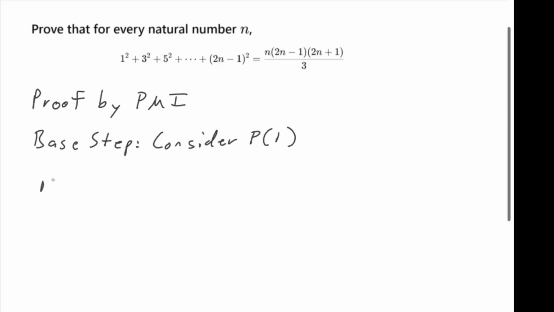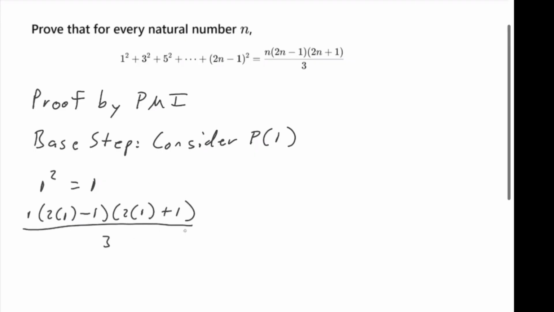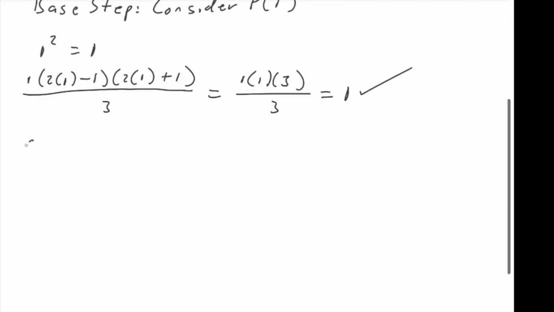So that's 1 squared is equal to 1, of course. And 1 times 2 times 1 minus 1 times 2 times 1 plus 1 over 3. So that's 1 times 3 over 3, which is, of course, 1. So that works. Let's consider